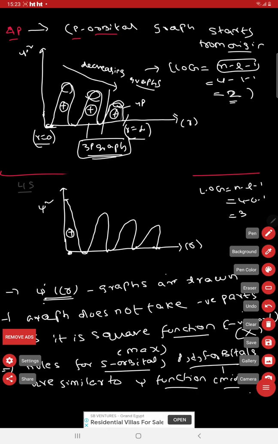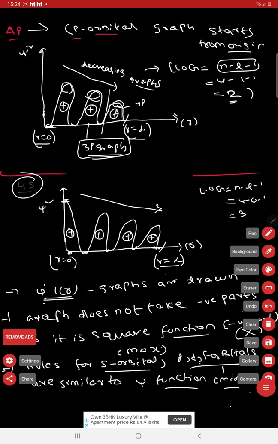See, this takes only the positive values, and the graph is a decreasing one. At r equals 0 the graph value is the maximum, and at r equals infinity it is the minimum. So for the s orbital, the probability density can be seen from this graph. That is, for the s orbital, at the center the density of the electron is more, and as you go away the density of the electron decreases. So this graph represents that.